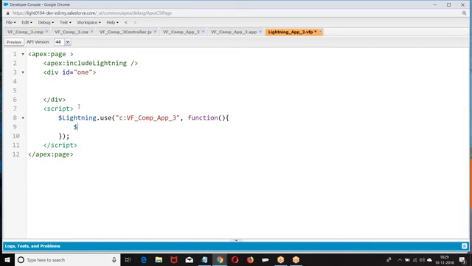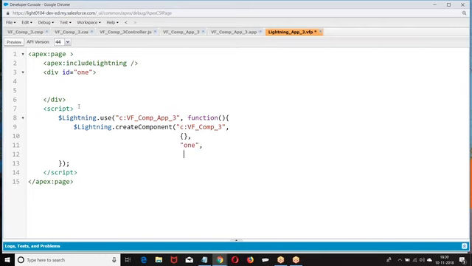How do you create? $Lightning.createComponent. Name of the component. Now, do you want to pass any parameters? It's your choice. I don't want to pass any parameters, so I'm giving a blank. Where do you want to display? In the element whose ID is 1. And what is the callback action? Function, component, the new component we created.